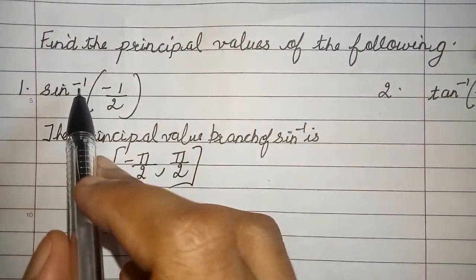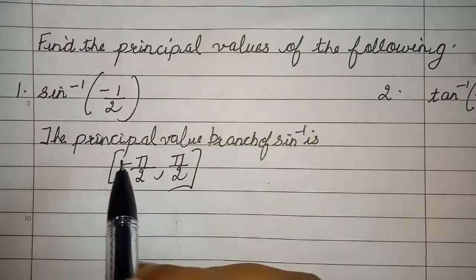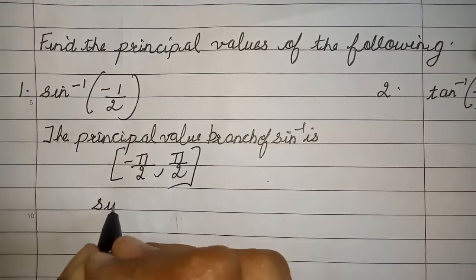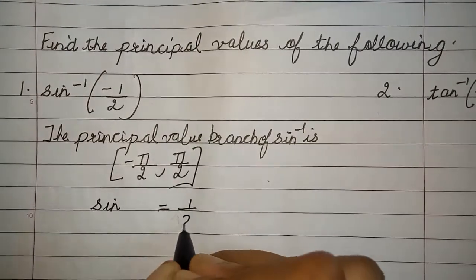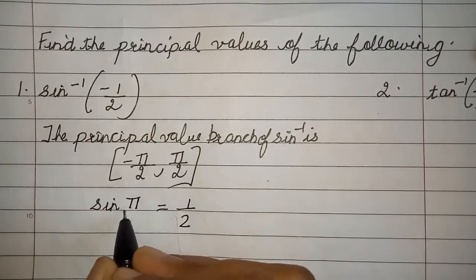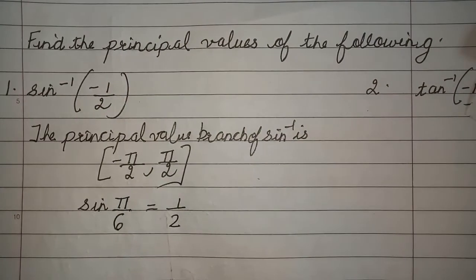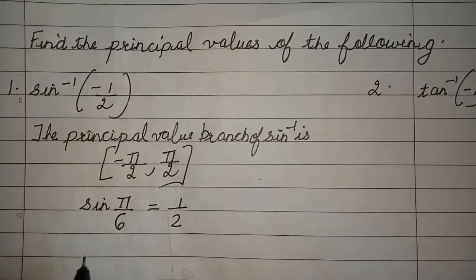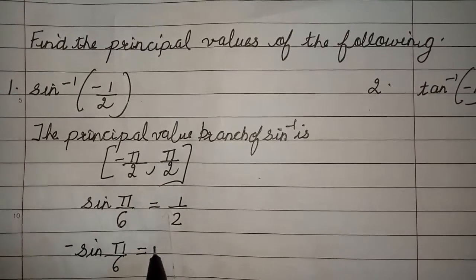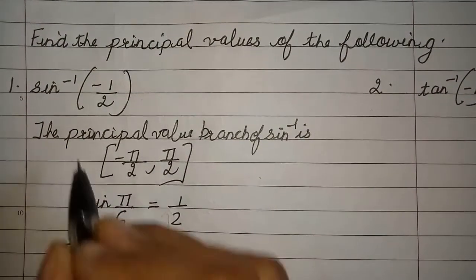You cannot directly start with sine inverse of minus half, so I am going to start with the value half. Forget about minus half, let us start with half. Can you tell me, children, sine of which angle is half? Yes, sine 30 is half. Now how do you write 30 in terms of radians? Pi by 6. Yes or no? Yes. Now I want minus half. So in the next step I will write sine of minus pi by 6 will be minus half. But I don't have any angle of this type here because this minus is not allowed here, right?